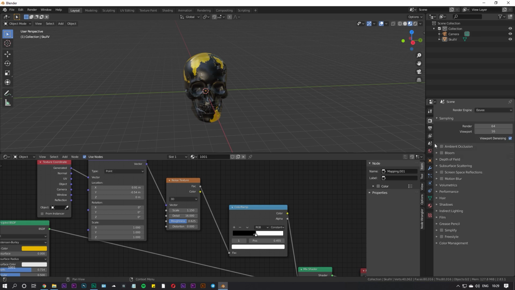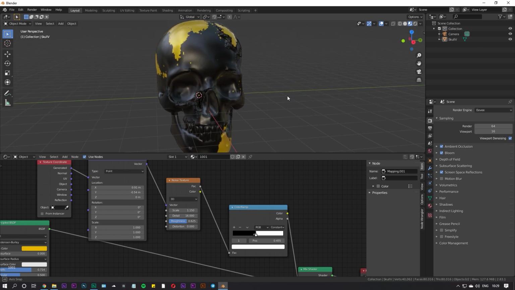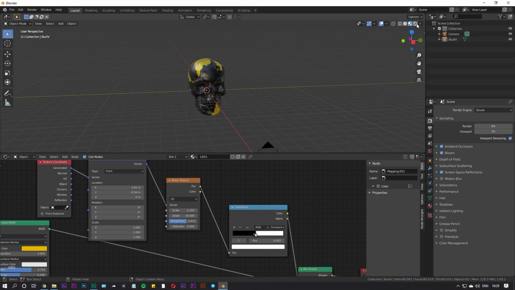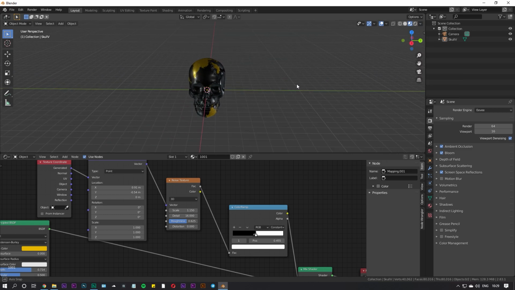So in order to render it, you can just simply go into the render settings. You can use EEVEE or Cycles, whatever you want. If you're using EEVEE, just make sure to turn on these options and make sure this is unchecked. And here you can see that we have our model. If you want, you can add some lighting. Actually, lighting is the key to sell your texture. So you can choose different lighting setups, whatever you want.